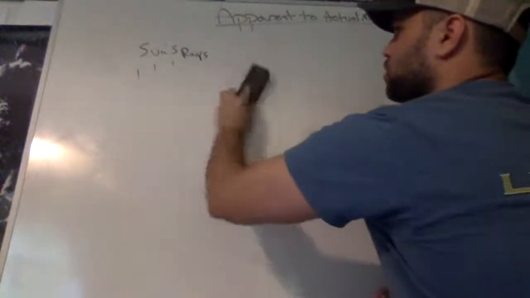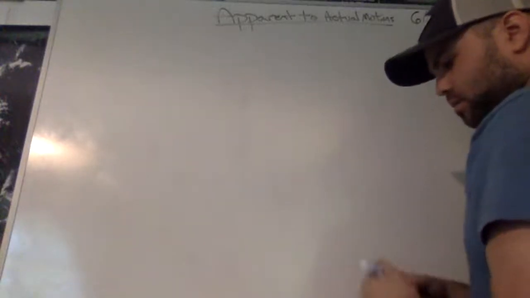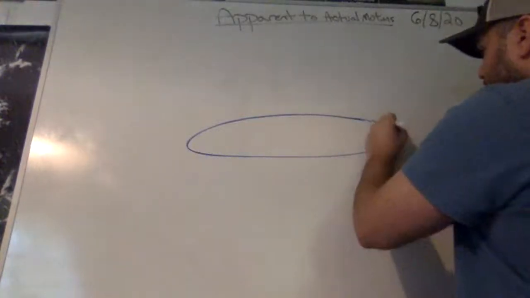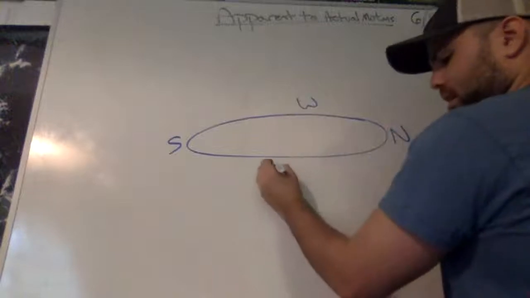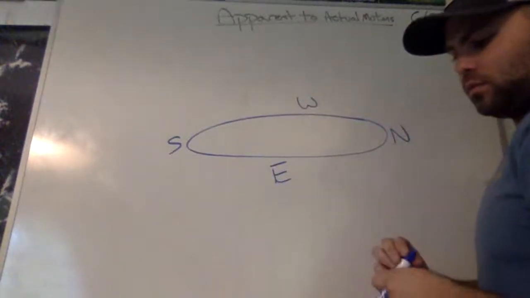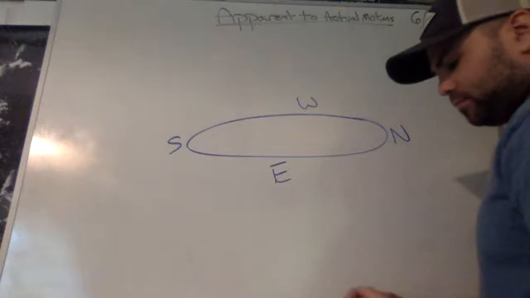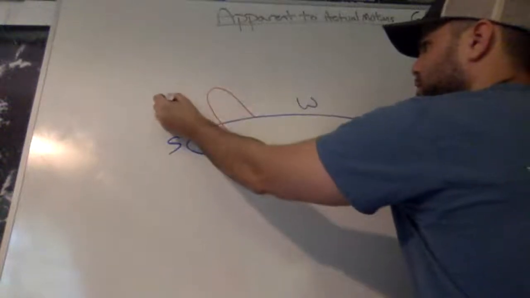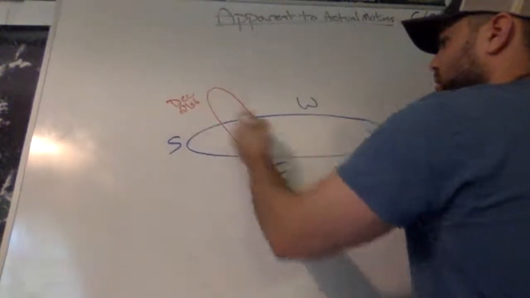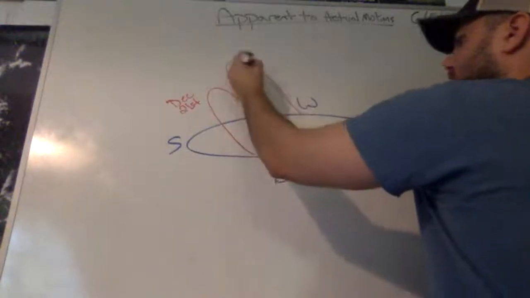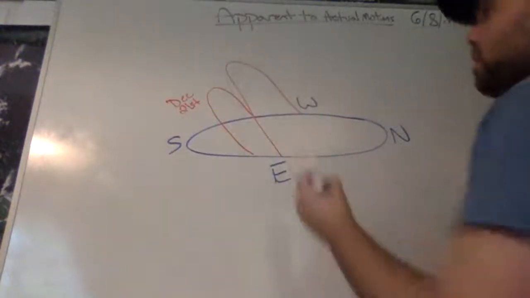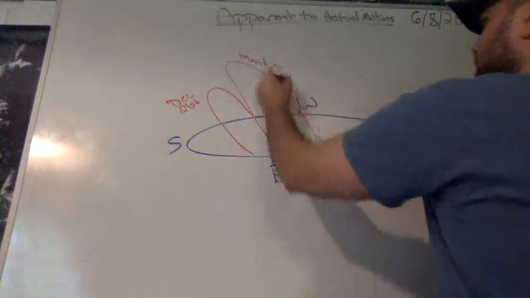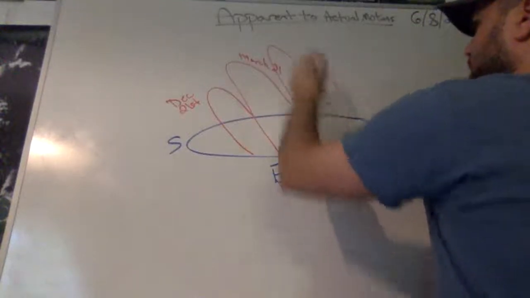Okay, so now the next questions have to do with, again, they give you the same diagram. They give you your horizon. All right, they say, again, this is north, south, west, and east. And it's giving you 3 pathways of the sun again. Okay, so they give you one that's a short one, and they're saying that that's December 21st. Then they give you one that's a little bit more, and they're giving you that it's March 21st. And then the last one goes a little bit higher up in the sky, and they're saying that that's June